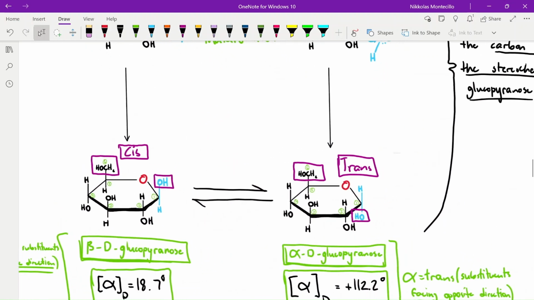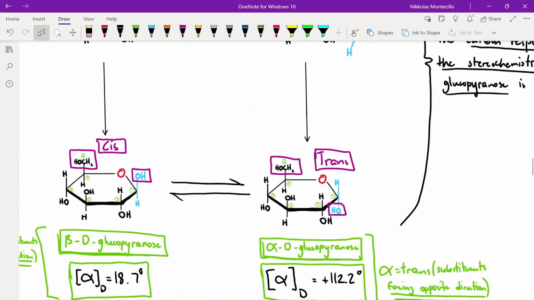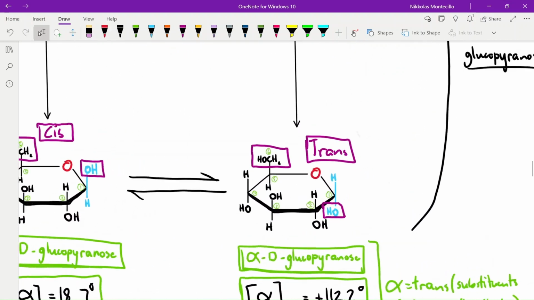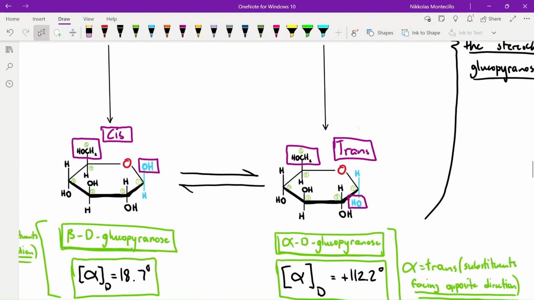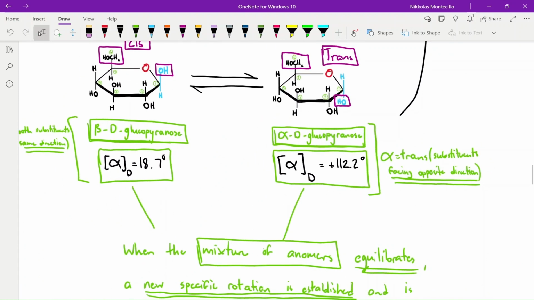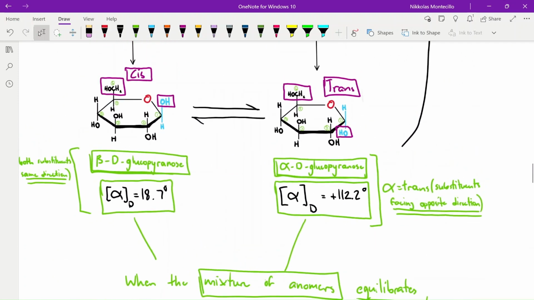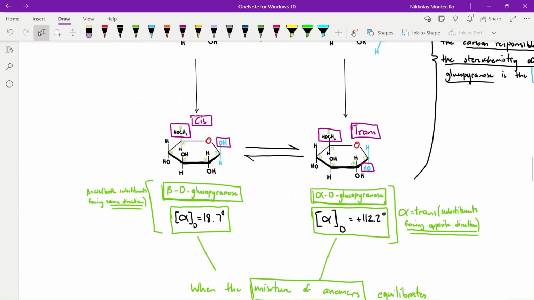The alpha isomer, the alpha stereoisomer, or the trans stereoisomer, exhibits a greater degree of rotation in terms of rotating light. So, just to clarify,